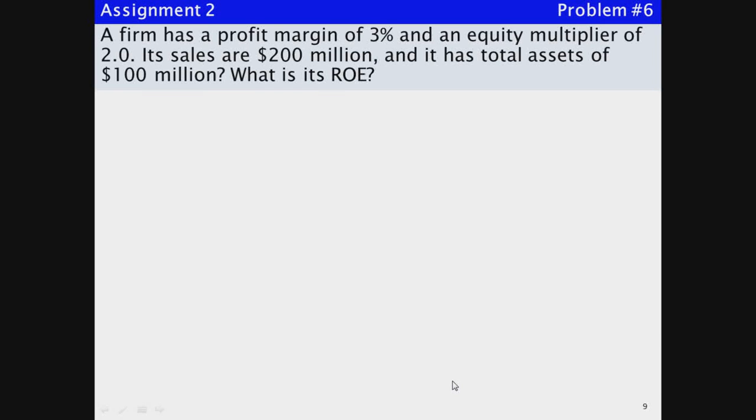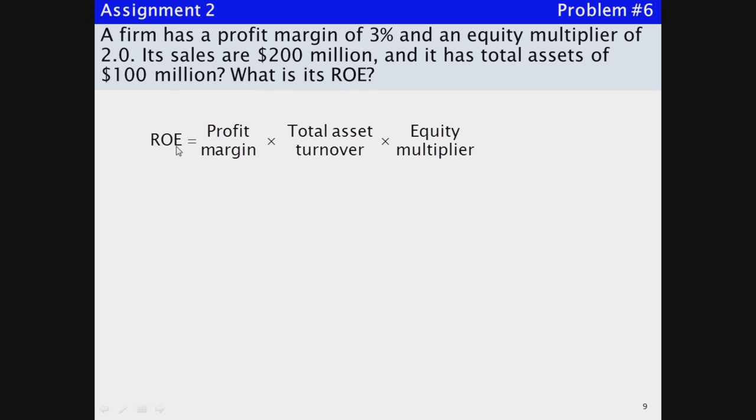Number 6. A firm has a profit margin of 3% and an equity multiplier of 2.0. Its sales are $200 million, and it has total assets of $100 million. What is its return on equity? Okay, using the DuPont analysis equation again, the identity, return on equity